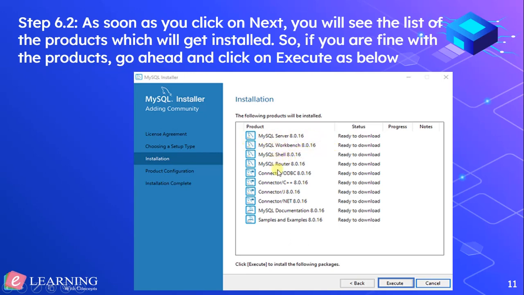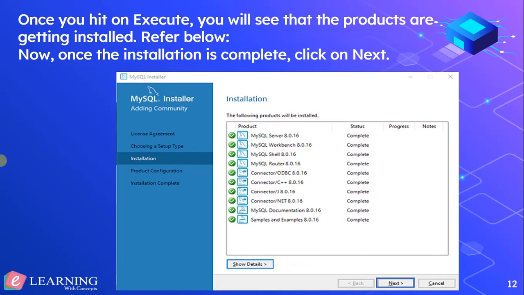So here below are certain features, shell, router or ODBC. In the previous step we have executed all the features and downloaded and installed, and here status is showing complete. So MySQL Server is downloaded and installed. MySQL Workbench is also downloaded and installed, shell and other features. So clicking on next,